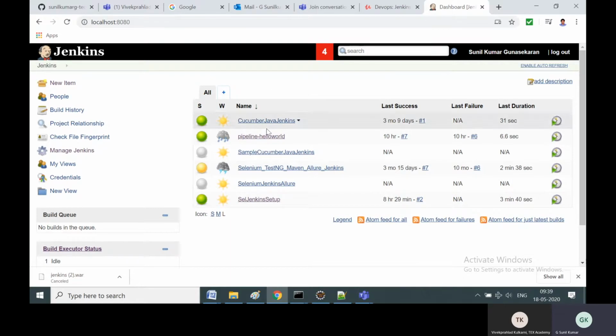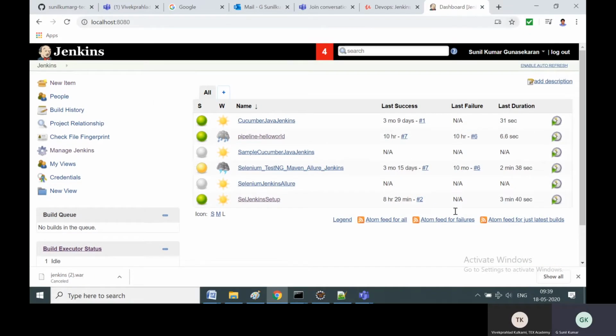This is the place where you will be creating all the Jenkins jobs. They will be auto triggered on a daily basis, weekly basis. The reports are generated, and everything is configured and auto triggered from this dashboard. So make sure you're comfortable with all the items here. By the end of the session, you will be comfortable with most of the items here, and you'll also know how to create the job and so on.